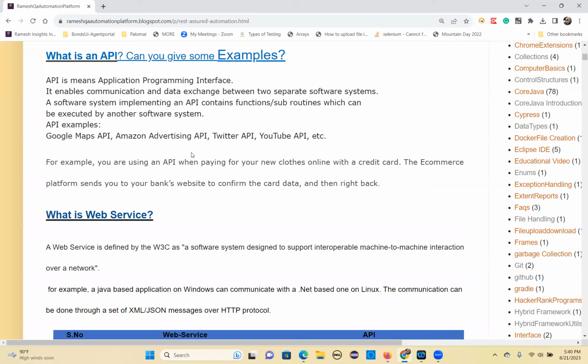So what is this microservices? The meaning is itself there: microservices. For every service, one module will be prepared. So that is called a microservice. And that microservice will work independently. Like if you observe,